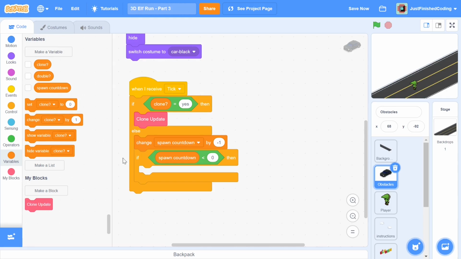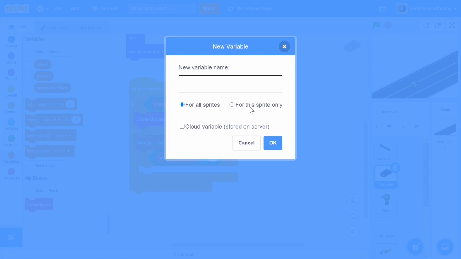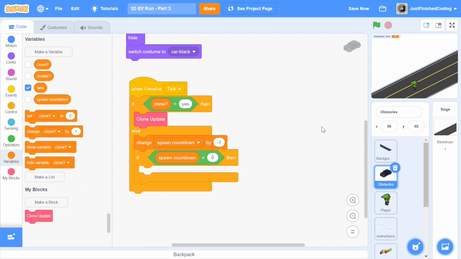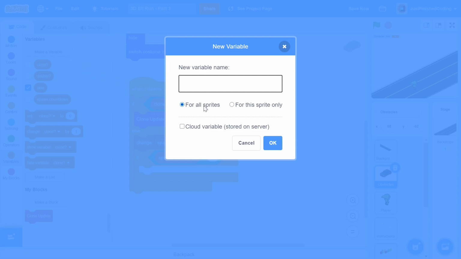If this is the case, then what we will do is start making sure that all the properties of the clone are correctly created. For the properties, there are a couple of them. First of all, we need to make sure that each car has a lane, and the lanes are going to be different compared to the player, but I will get into that in a second. The car also needs to have a costume, but that really doesn't matter, and we don't need a variable for that is what I mean.